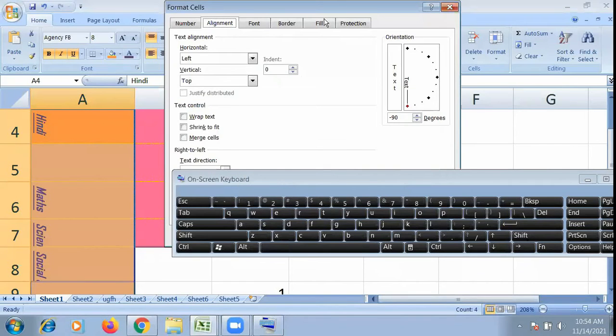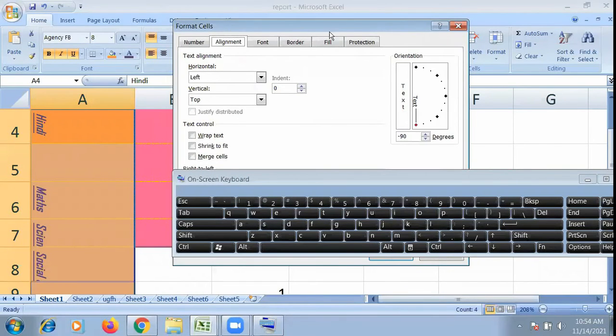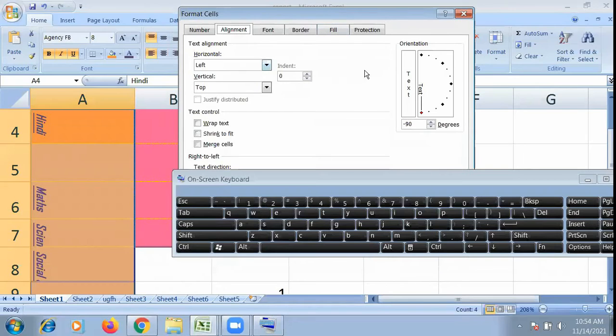When you click on this, we will get the format cell dialog box. In this dialog box, the orientation option helps to rotate the text angle-wise. Minus 60 degrees, plus 39 degrees, we can give any. By default, we get 0 degrees, and we can increase it or decrease it.